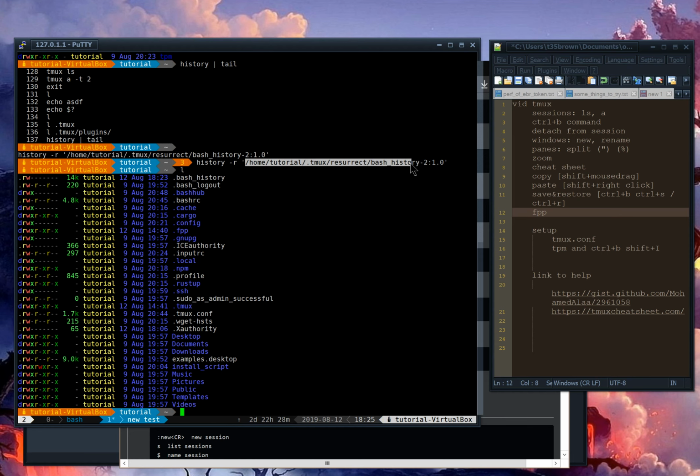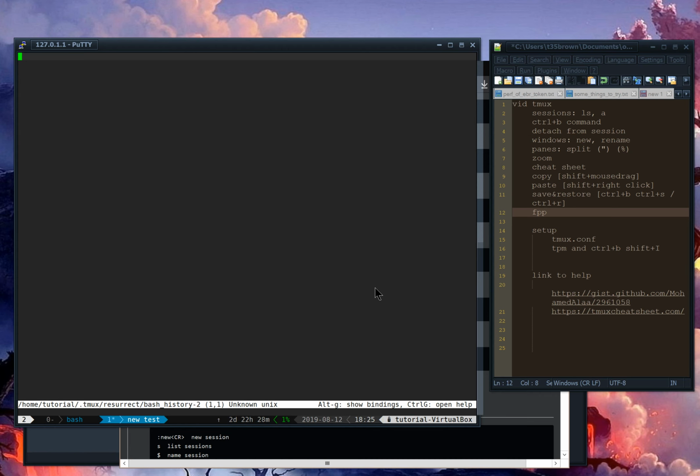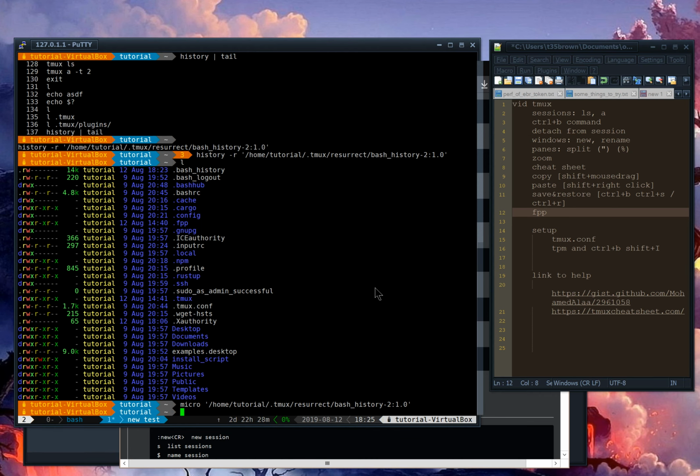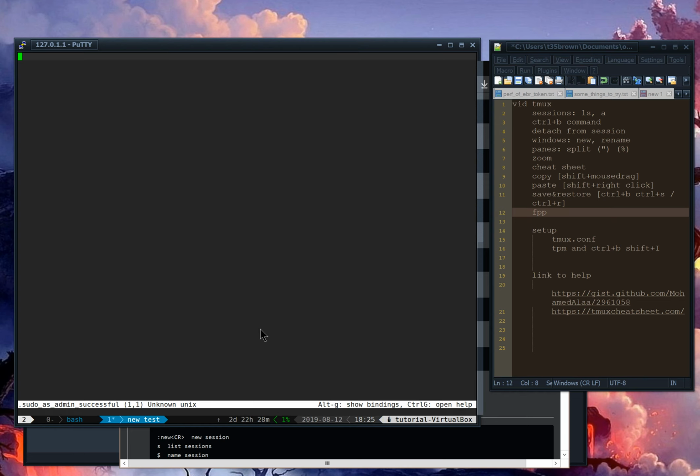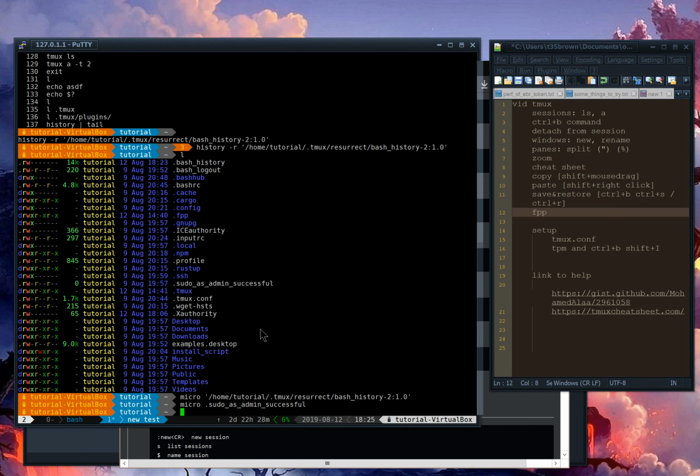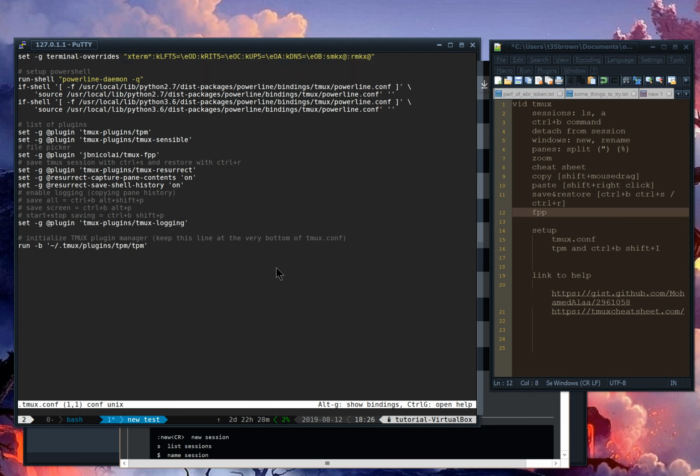Like, what if I want to read this file? I can copy this and go into my favorite editor and paste this string and load up that file. The file happens to be blank. In general, this technique of mousing over something, copying it, typing up your favorite text editor, pasting it, pressing enter. That happens to be an empty file too. I guess you can see that its file size is 0. Let's look at tmux.conf. So if you go micro tmux.conf, copy, paste, enter, now you can see the contents of